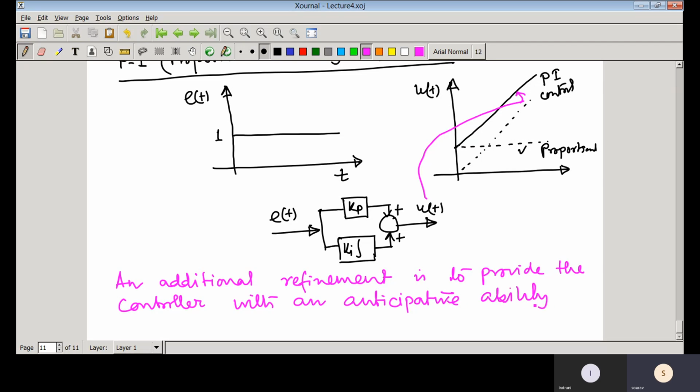That means if your controller can anticipate what error may appear, so accordingly, if it can generate some control input, so that the transient response as well as the performance of that system can be improved. So by using a prediction of the error,